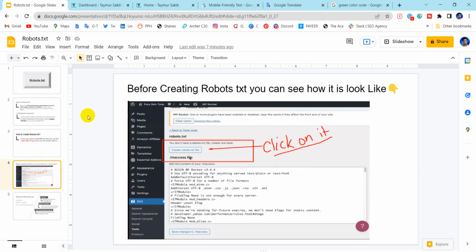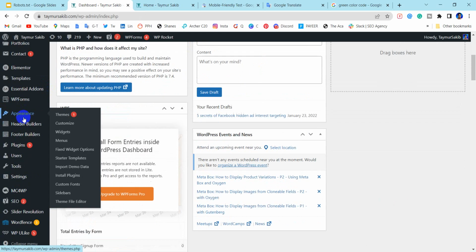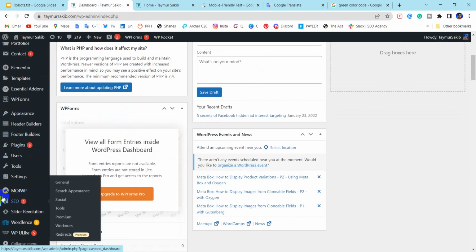So before creating robots.txt, you can see how it looks. Here is my website dashboard, and if I scroll down, here you can see SEO. If I click on it,